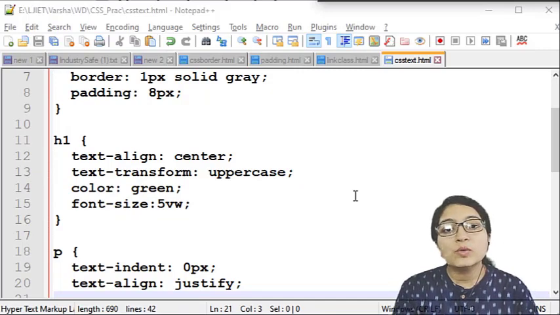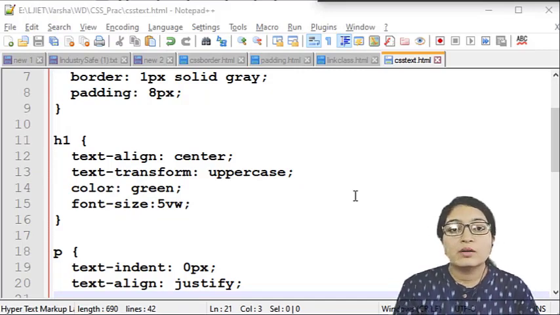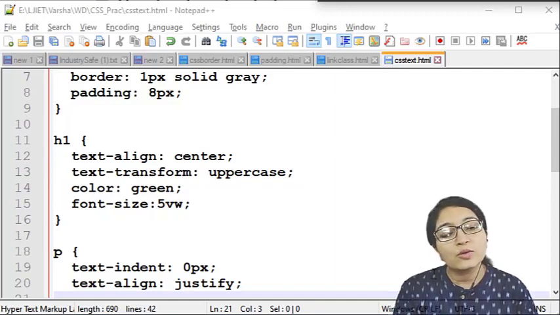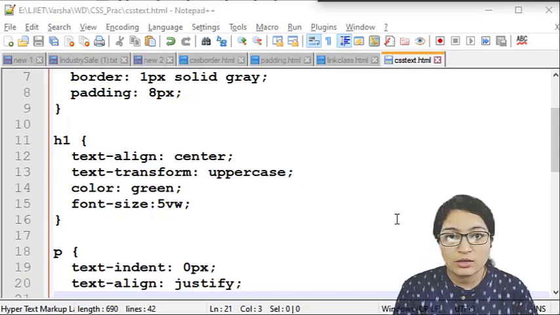Whenever you use the anchor tag for defining any link, the underline is there by default. So if you want to remove that underline, you can use the text-decoration: none property.